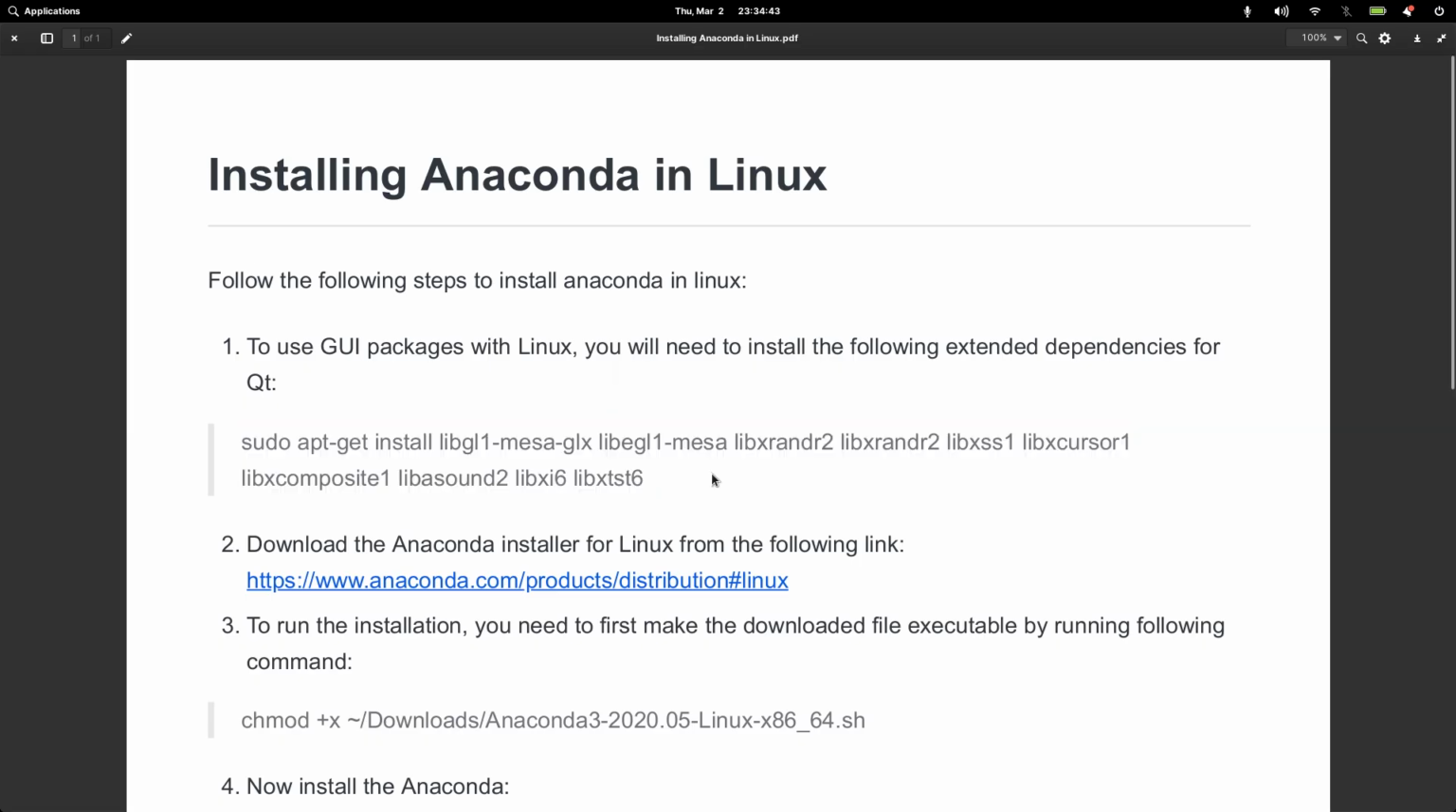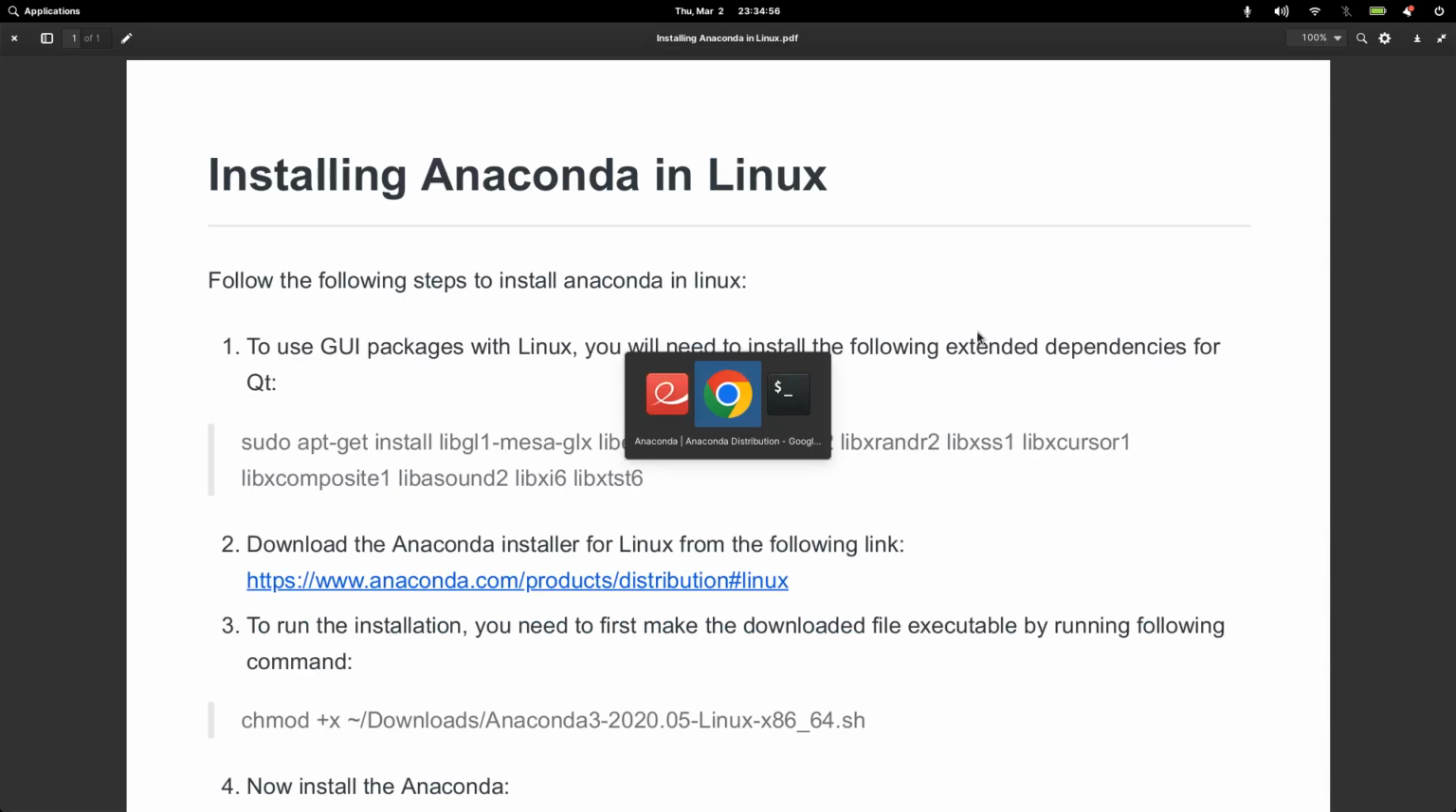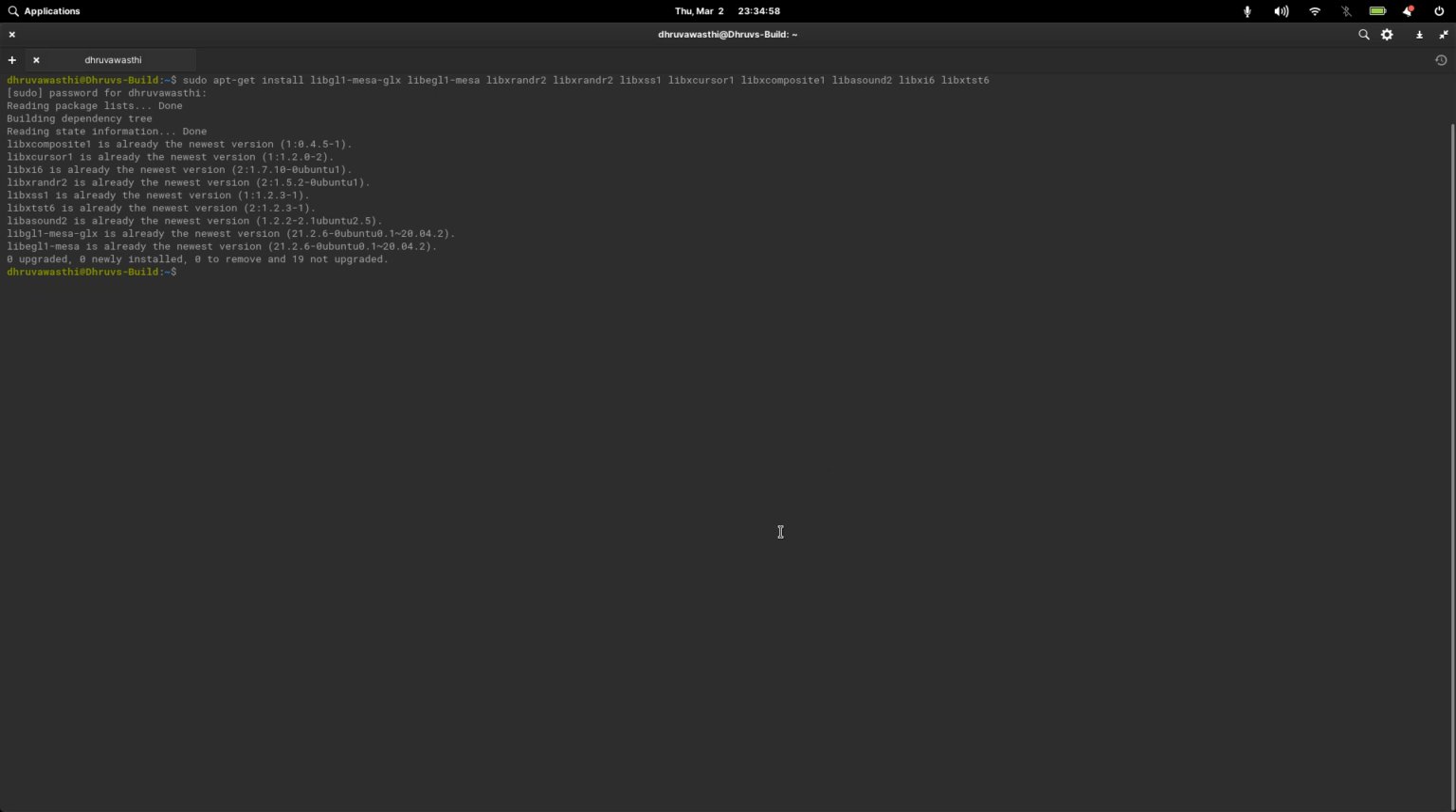And now next, we need to head over to this link to actually download the Anaconda installer file. So here we can see this download button. When we click on this button, the download starts. I have already downloaded that file, and after downloading the file, the next step is to actually make it